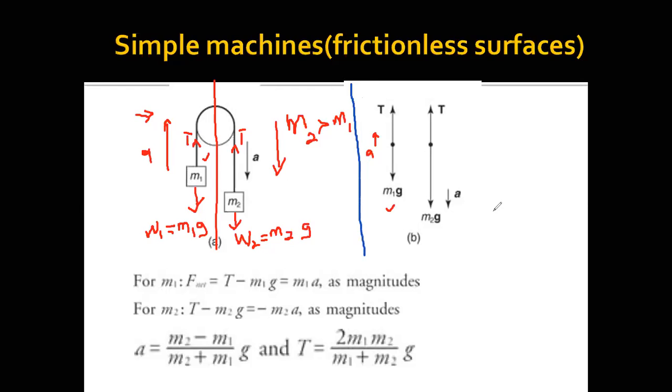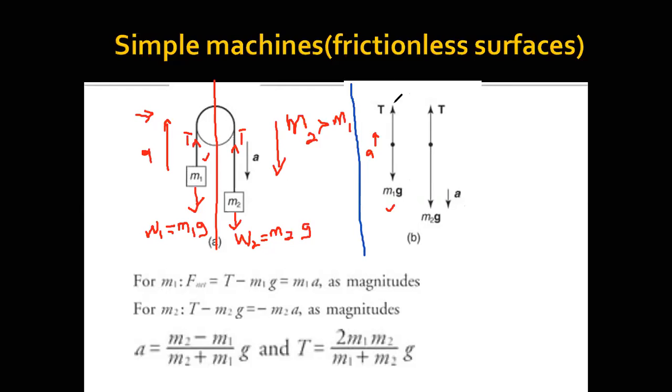So this right hand is for the force diagram. Then when it comes to the right hand side of the system, we have tension up, you have m2g down, and then you also have acceleration down, okay? So if we are writing this in terms of applying Newton's second law of motion, then for this system,